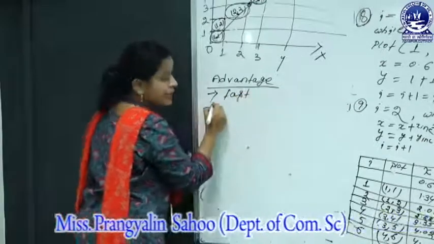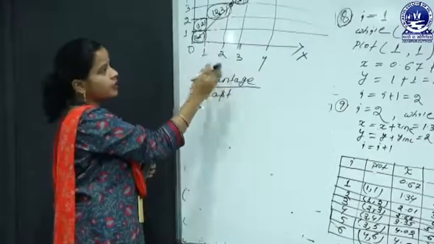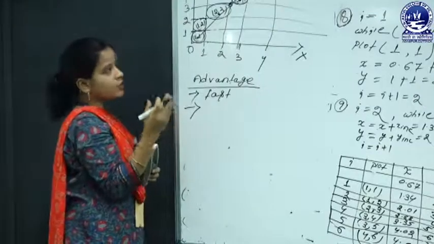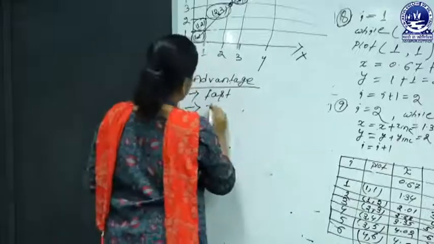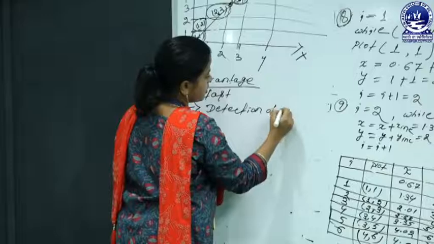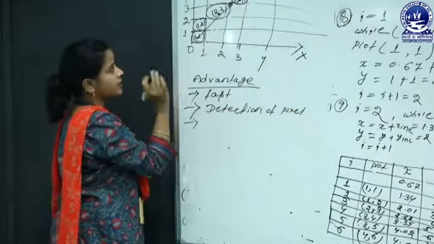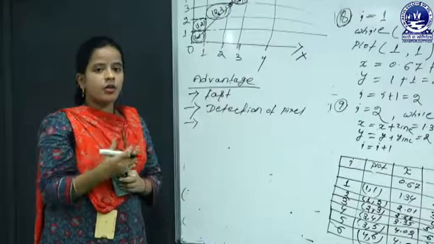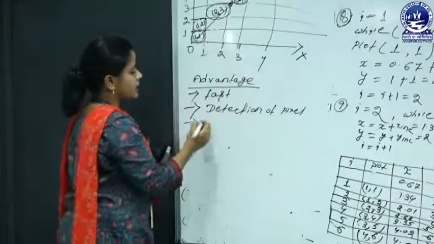Now goes the second advantage. If the user, the programmer or the computer system needs to detect pixel points that are changeable, that can be carried out easily. That means the detection of pixel points. Okay, now goes the next advantage. If the programmer needs to calculate the pixel points by using addition, it is very easy.